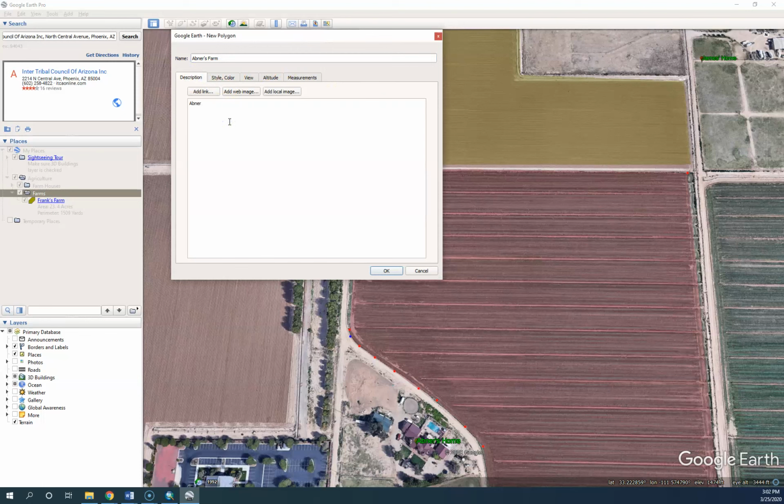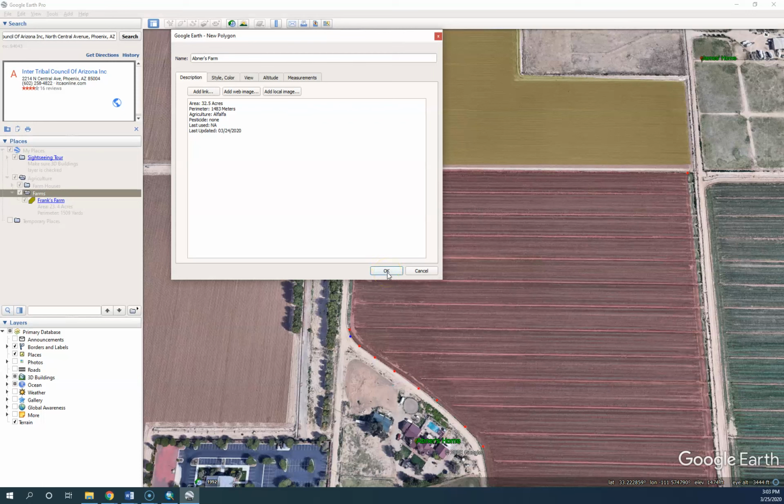And now in the description, I'm just going to put Abner's. It's Abner's Farm. For the measurements, 32.5 acres. Perimeter is 1,483 meters. And then if you want to add that other information: agriculture, alfalfa, pesticide, none, last used, it's not applicable because they don't use pesticide, and then last updated is 03. You can put another date when it was last in,